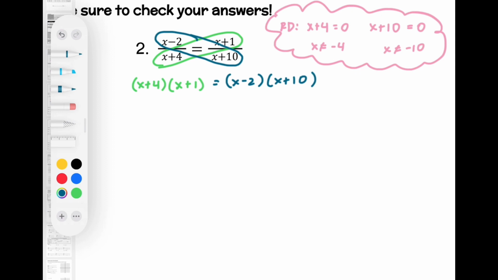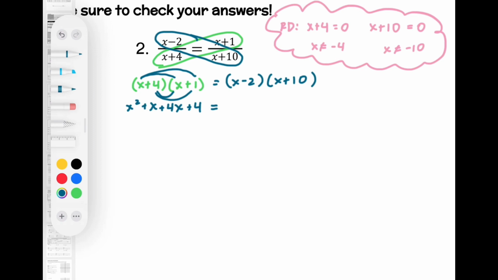All right, so now we have to FOIL both sides. So we're going to do x times x, which would give us x squared, x times 1, which would give us x, 4 times x, which would give us 4x, and 4 times 1, which would give us 4,